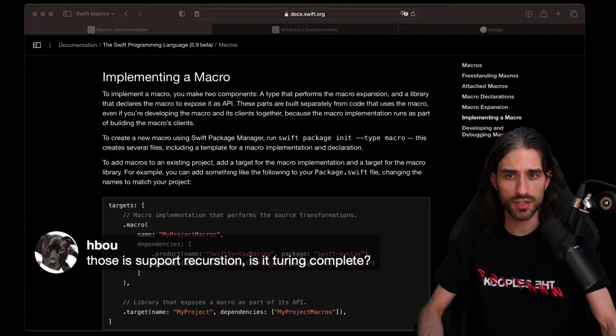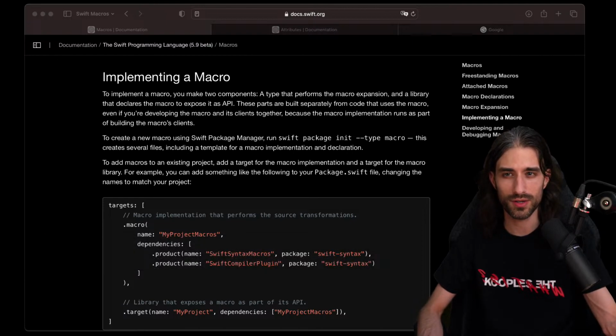Does it support recursion? Is it Turing complete? That's a good point, because macros in C don't support recursion because you don't have a call stack. They said that you can call other macros inside a macro, but not that you can call a macro recursively. That's a good question. I would tend to say no, because when you tell me something of a macro, I tend to think that it shouldn't be recursive, but I don't know.